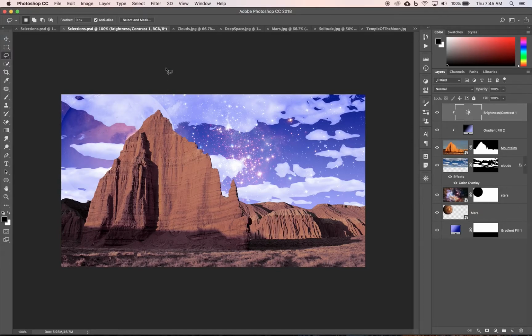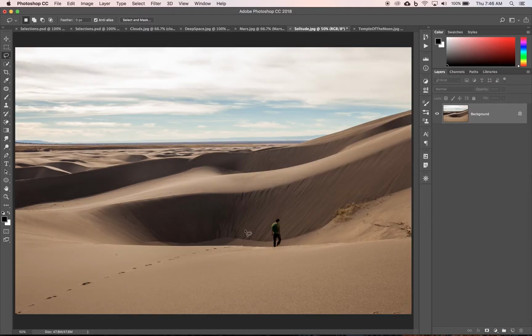All right, finishing up with selection tools. Let's look at the last of our selection tools in the selections panel, the lasso tool. We have lasso, polygonal lasso, and magnetic lasso tool. To do that, we're going to come over to solitude, our guy walking on the sand dunes. And the polygonal lasso tool looks like this, like a cowboy lasso something at the rodeo,